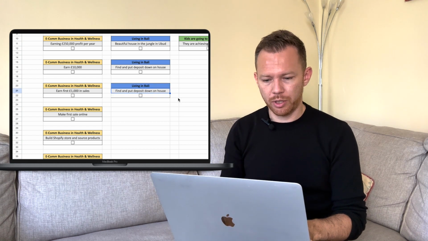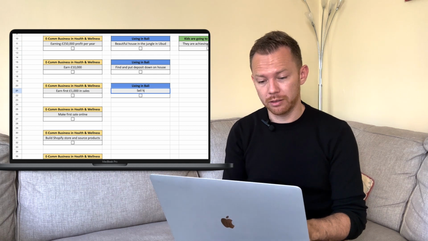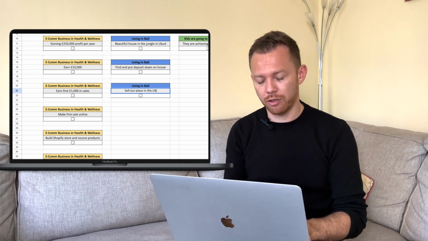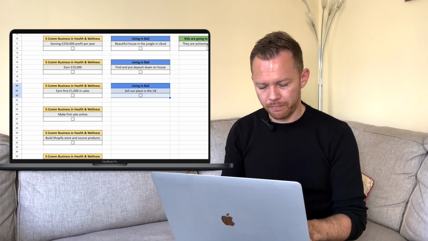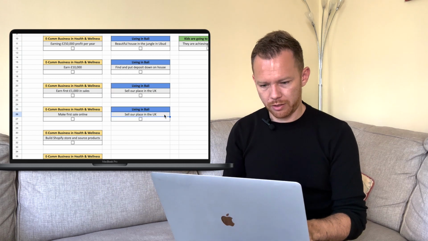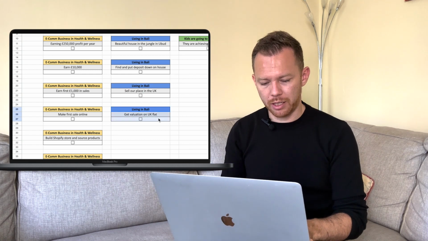Okay, so to find and put a deposit down on the house, we would also probably need to sell our place in the UK, and to sell the place in the UK we would need, there we go, to get a valuation on the UK flat,